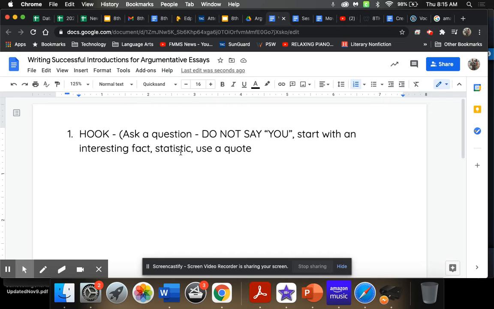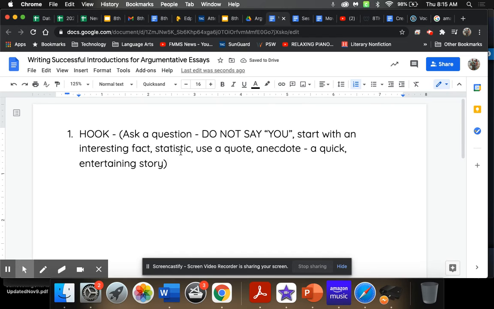The other thing you could use, although it might not be the greatest, well, you could probably work it, is an anecdote. I'm going to spell this wrong. I did, but that's okay. You could use an anecdote, which is just a quick, entertaining story. So there are plenty of ways to hook your reader.